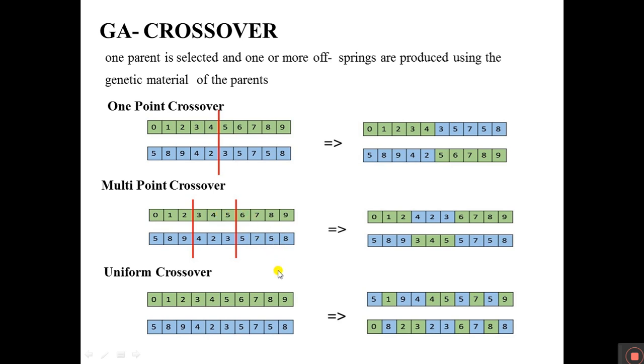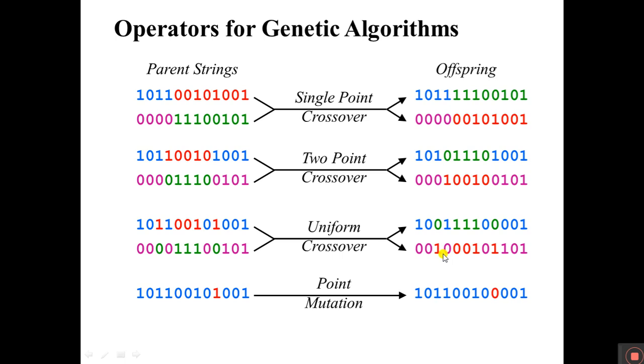Similarly, uniform crossover. Right? So in uniform crossover, we can swap with each other, depending upon the toss of a coin, whether it is 0 or 1. These we already discussed. 0 means we can do the swap, 1 means we cannot do the swapping operation. Similarly, these things are given in your textbook itself: single point crossover, 2 point crossover, uniform crossover, multi-point crossover. The same thing we discussed now is given in your textbook.